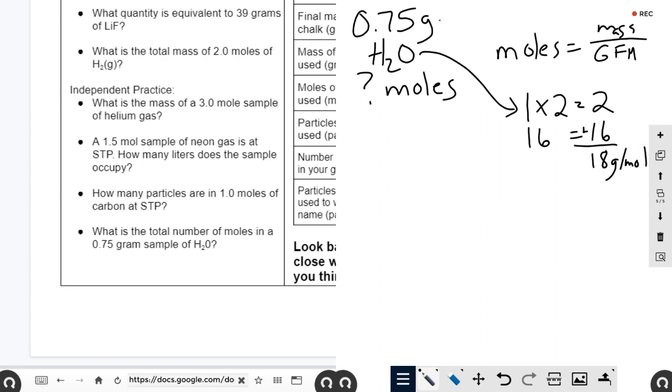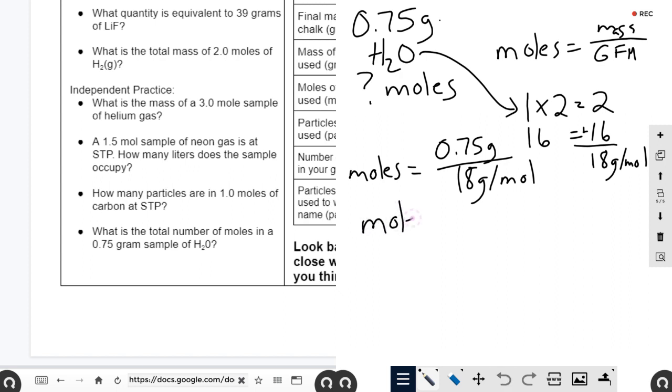So I can set it up like this. The number of moles equals 0.75 grams divided by 18 grams per mole. Then I need to put that into my calculator: 0.75 divided by 18. I'm going to get moles equals 0.04166666, so 7